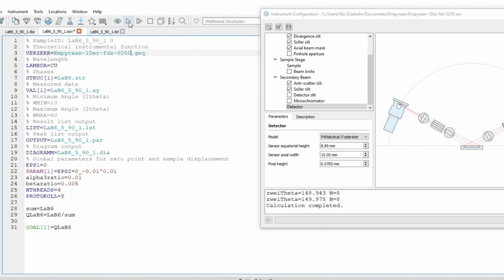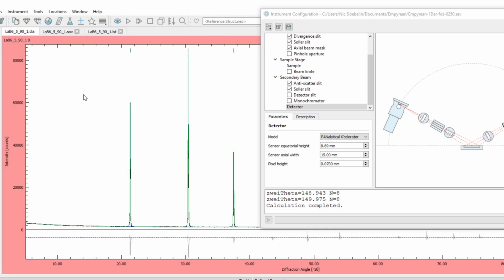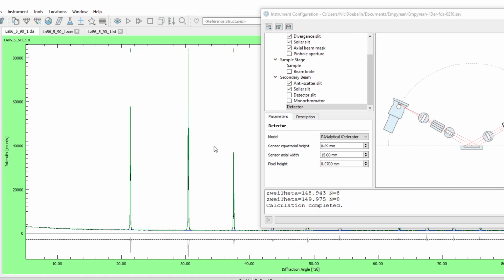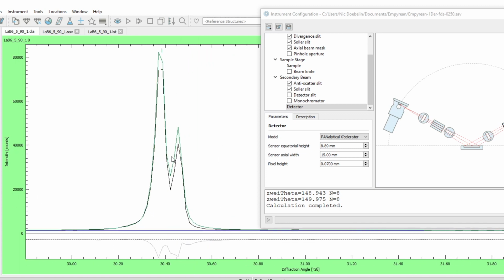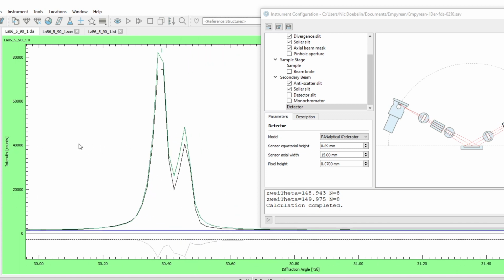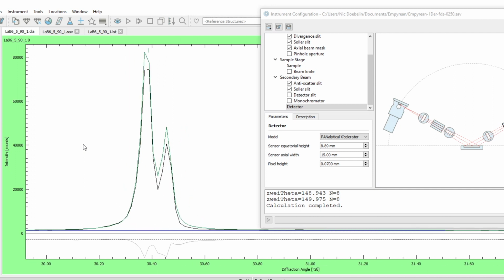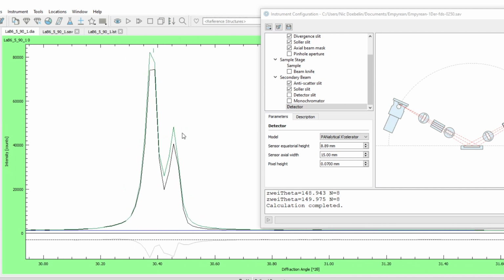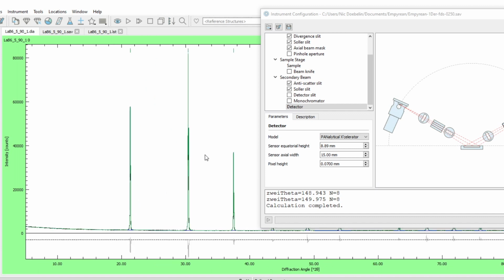So let's run the refinement and see how it fits. Just a tiny little bit better than with the wrong configuration. Let's zoom in and analyze the misfits. It's mostly the intensity that's wrong, but the shape looks pretty good on the left side, but not so good on the right side. Now what I want to do to make the profile optimization a bit easier is